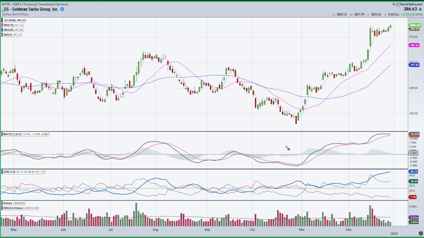We get green DI, make a move up. We make a cross of the 0 line here, but this is where this green DI comes and holds 25 and then turns up from here. Now,